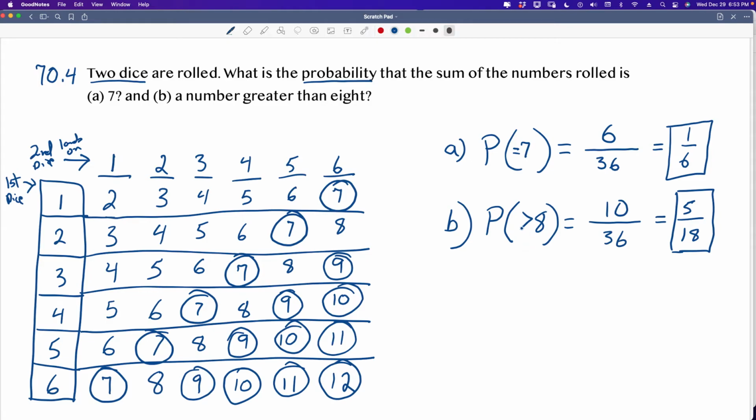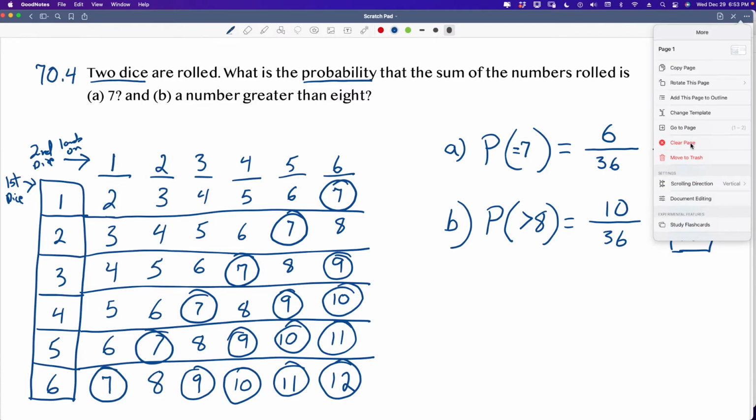All right, so let's move on to designated order. If you need to write this down, do so. I'm going to clear the page. All right, so designated order. The probability of future outcomes of independent events happening in a designated order is the product of probabilities of individual outcomes. For example, if we toss a coin, the probability of getting a heads on the first one, tails on the second one,